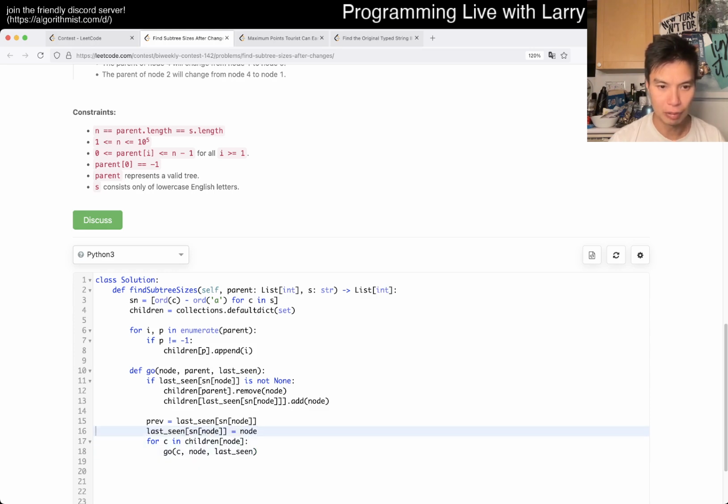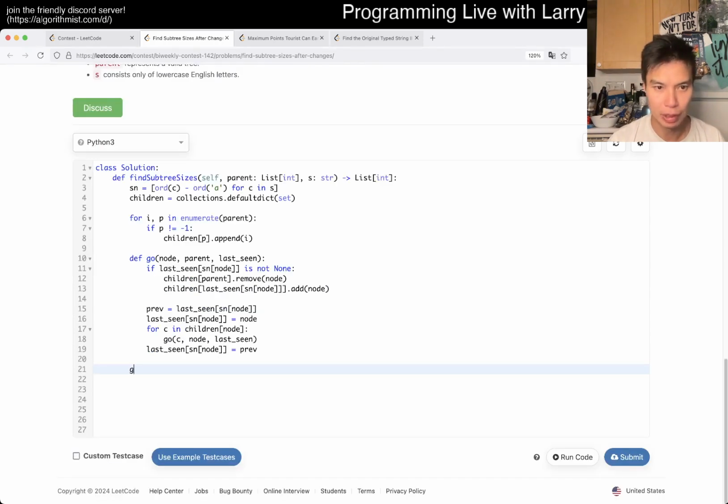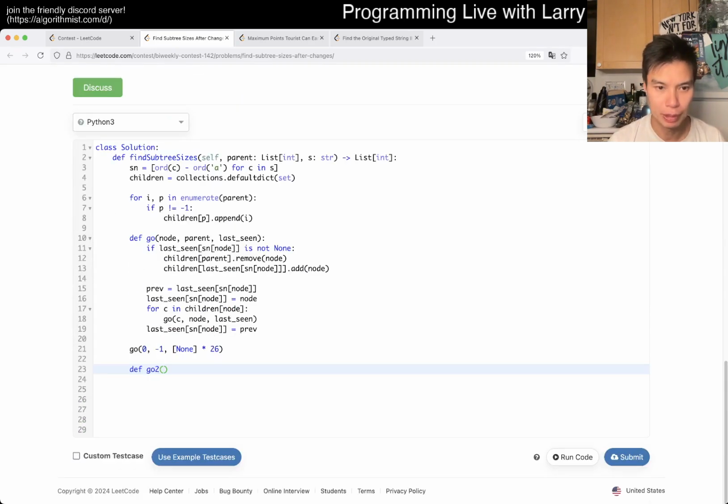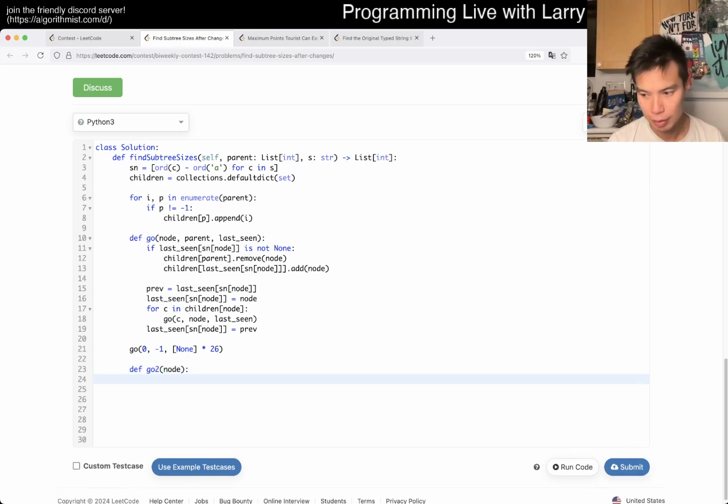And then afterwards we want to revert it back. Right, and then now that should be good. So then we do go(0, -1, None times 26), and then we just go to get the answer of the number of children, right? So node answer is